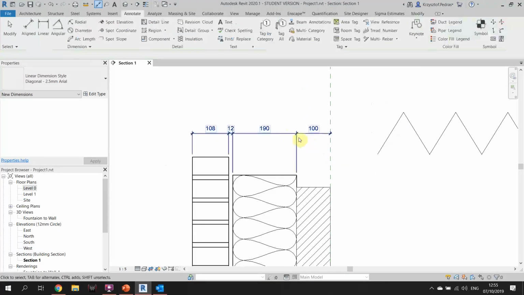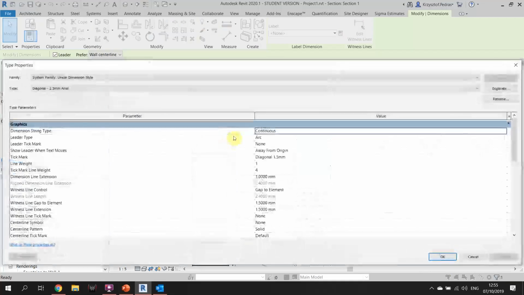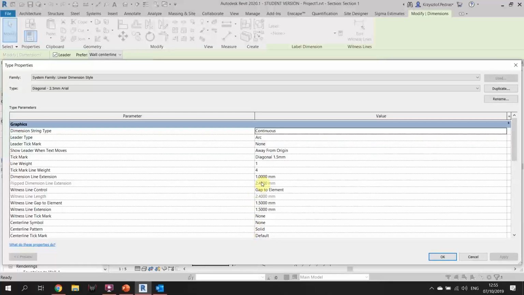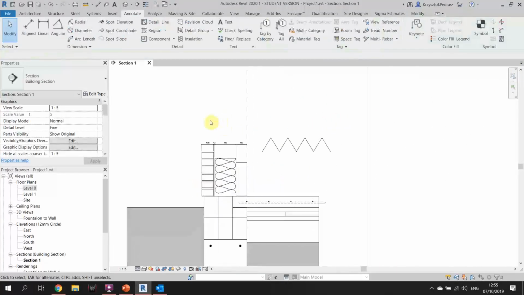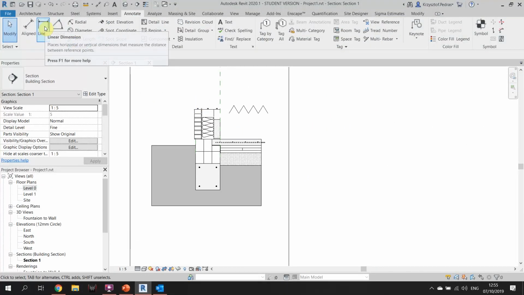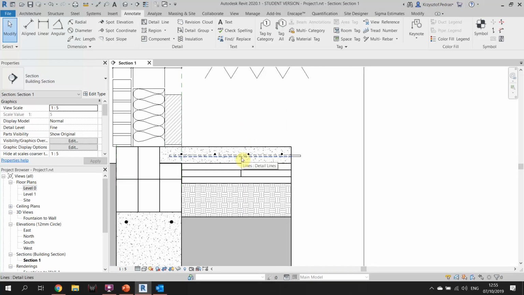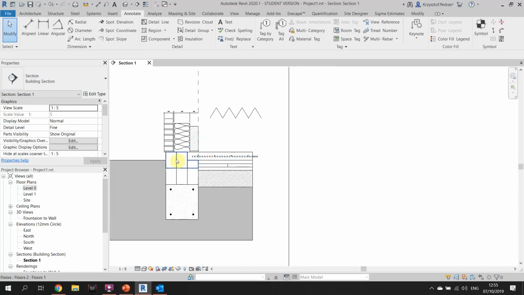You can of course edit the dimension, edit type, and specify all sorts of features of the dimension to make it appear the way that you want it to be. You have all the types of dimensions: radial, diameter, reinforcement, etc. Therefore, you get details. You want detailed lines, whether you need to mark something up like reinforcement, or you want